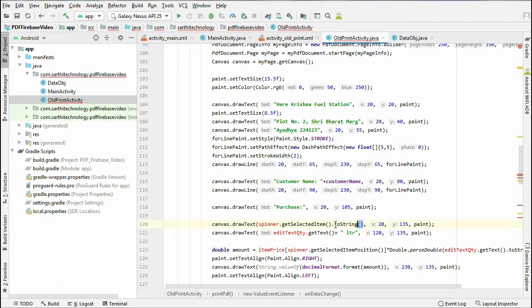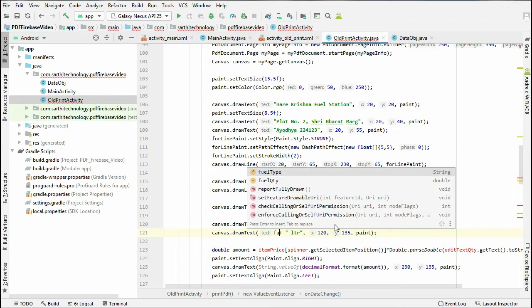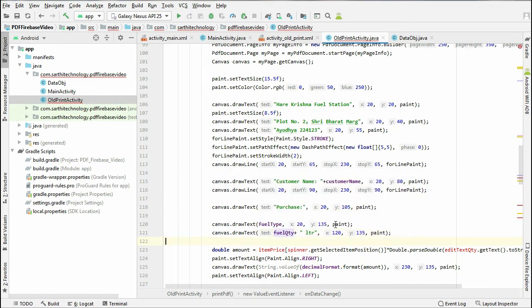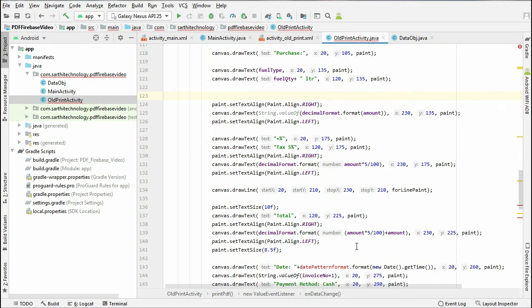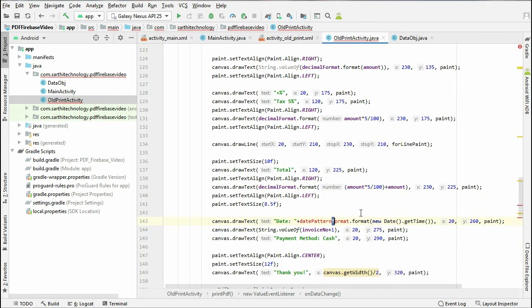And here for this fuel type, fuel type, fuel quantity, and delete this amount, this date pattern format, new Date, and the date will be databaseDate.getTime().